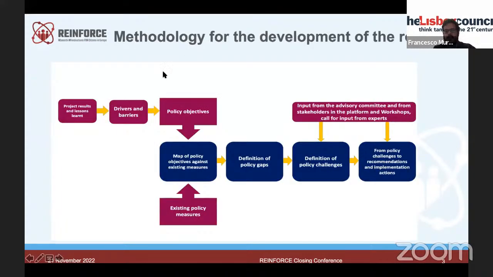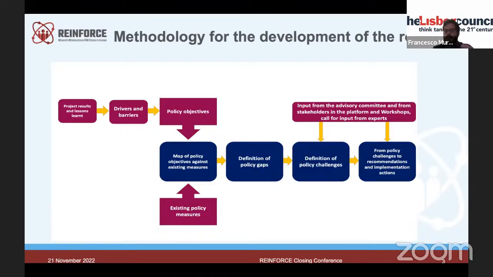So this is a sketch of the methodology for developing the roadmap. Starting from the project results and lessons learned, we elaborated a set of drivers and barriers, and then a set of policy objectives. Those policy objectives have been matched with respect to existing policy measures in order to devise policy gaps and policy challenges.